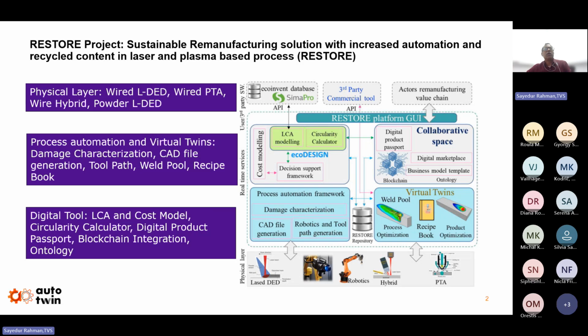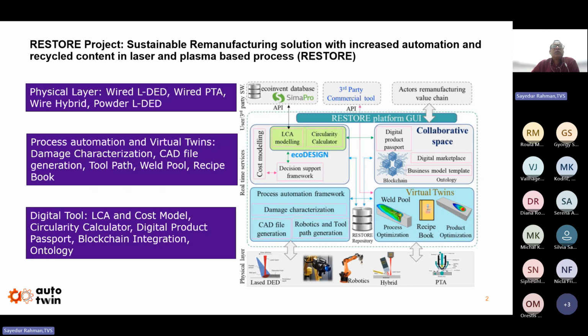Our main objectives are therefore increased use of recycled materials, specifically for the wire, and automatic complex remanufacturing tasks, and to create a digital platform that integrates simulation, traceability, and lifecycle sustainability. The platform supports all this through 3 layers: physical manufacturing layers, service and automation layers, and the software tools and collaboration spaces.